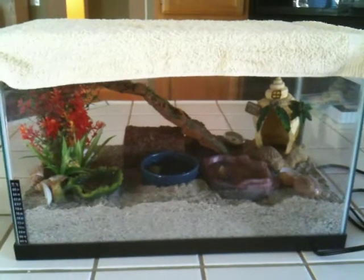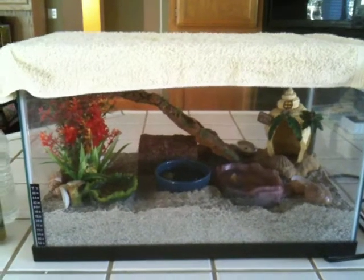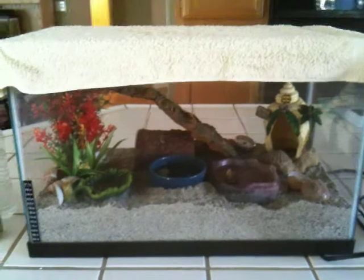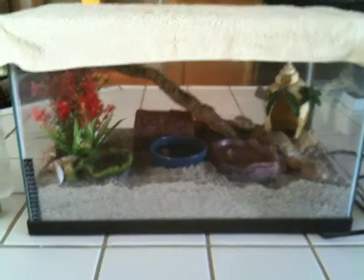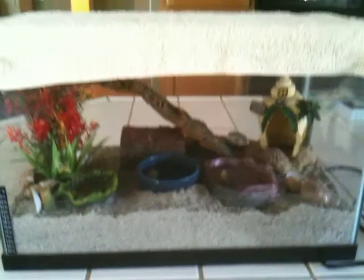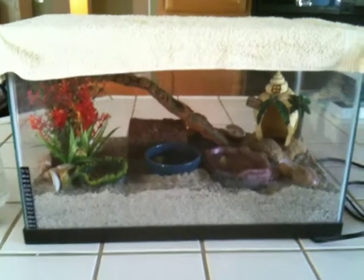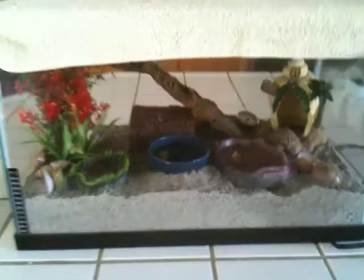The most important thing to keep hermit crabs alive and healthy is the humidity level. A lot of people don't know that, and they bring home hermit crabs from winning them as a prize or getting them at the pet store, and they don't know how important it is to maintain humidity in their environment, and they die. It's actually a really simple thing. So the first thing you need to learn about hermit crabs is that the humidity level is the most important thing. So what you do is you take a spray bottle